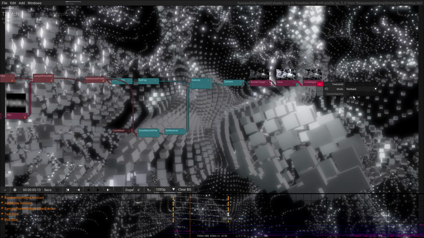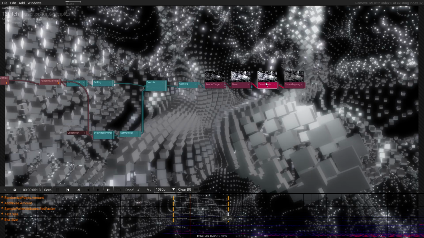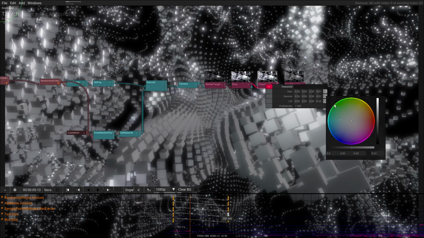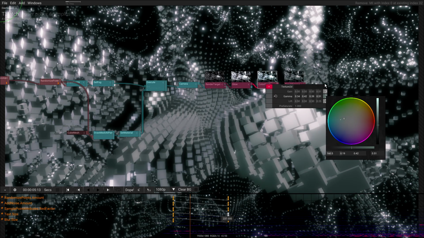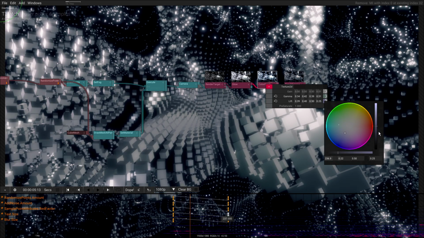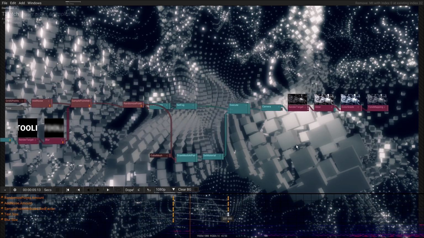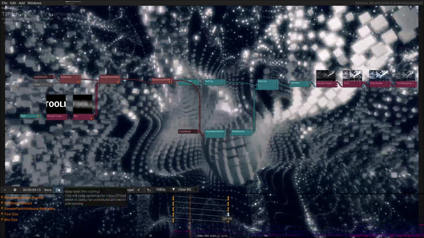And maybe we also do a color grading, to give it a little bit of tint and increase the contrast a little bit. Maybe increase the shadow amount there. So okay, this looks kind of interesting.